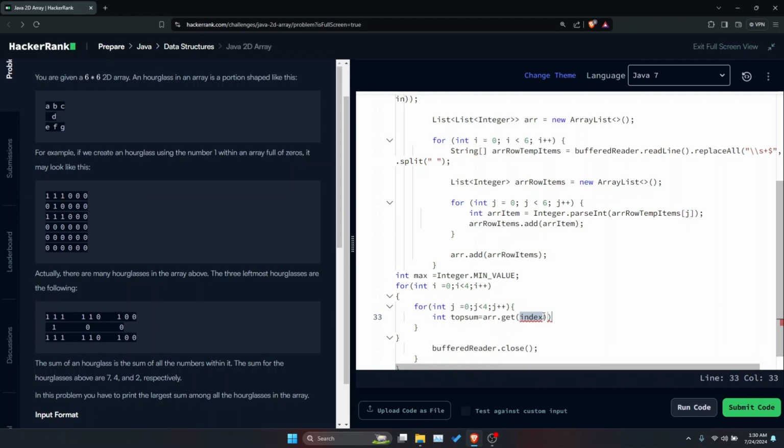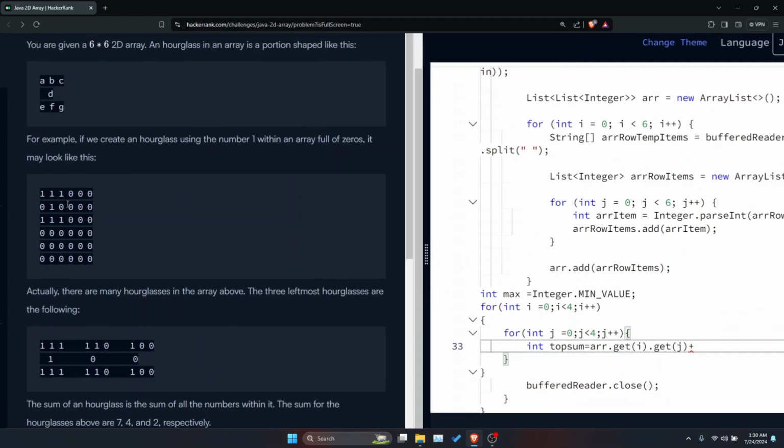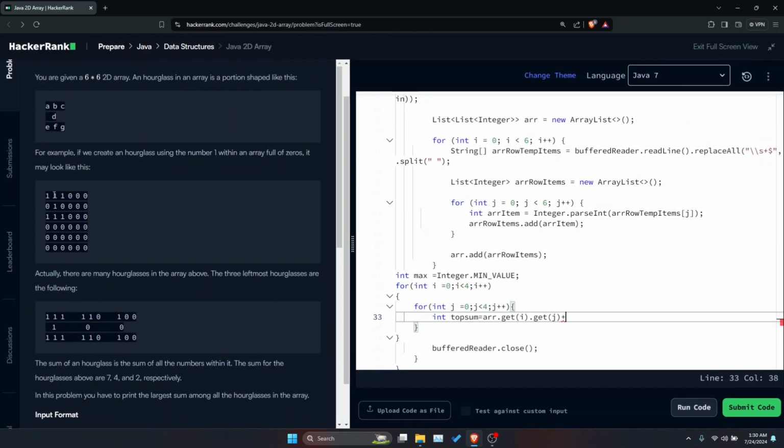So I would write i, because i and j both are initialized to 0. dot get, and now the column number, for the column j. Now I would write the index for the second element, because we are calculating the top sum.